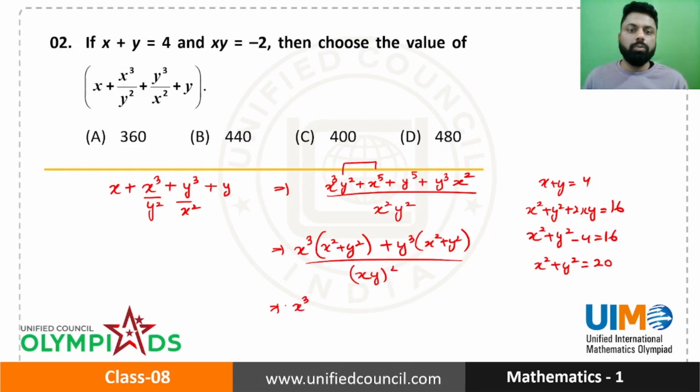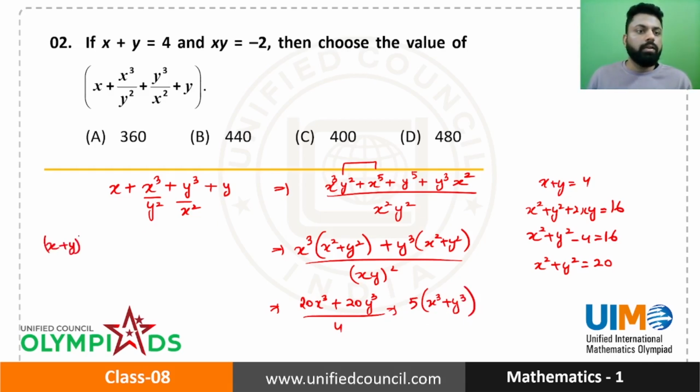This is 20x cube plus 20y cube upon xy, which is minus 2 square, is 4. So this is 5 times of x cube plus y cube. Now